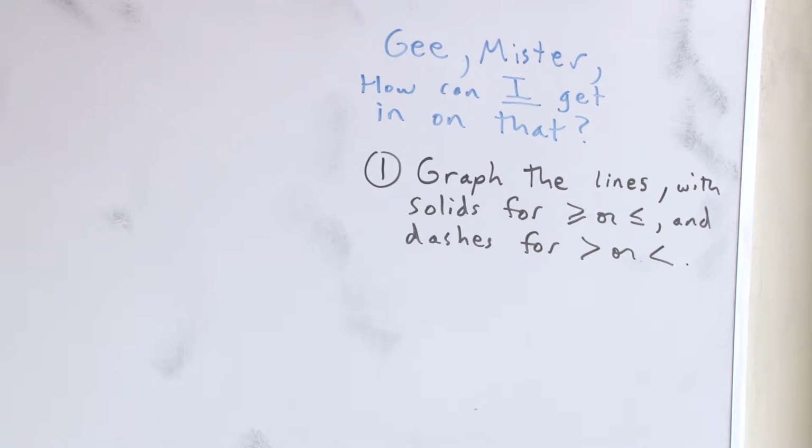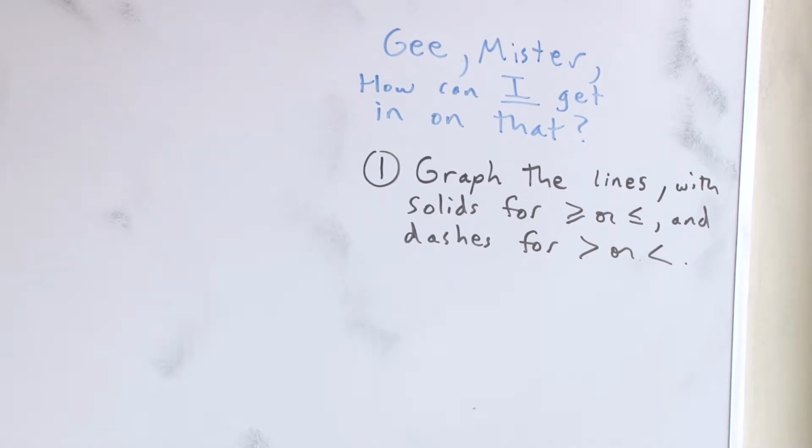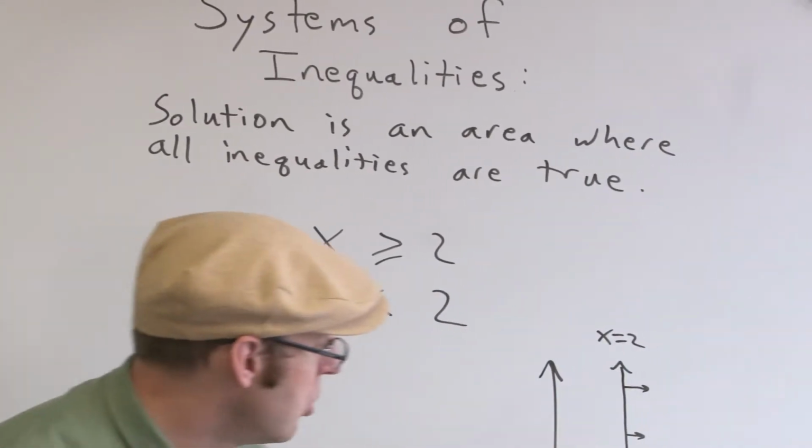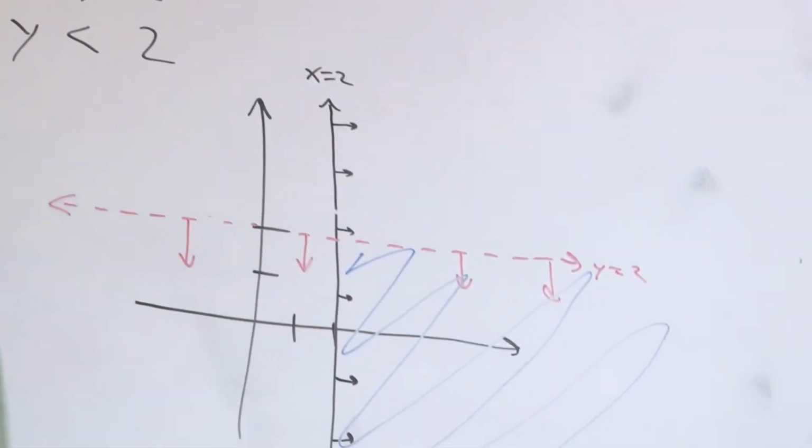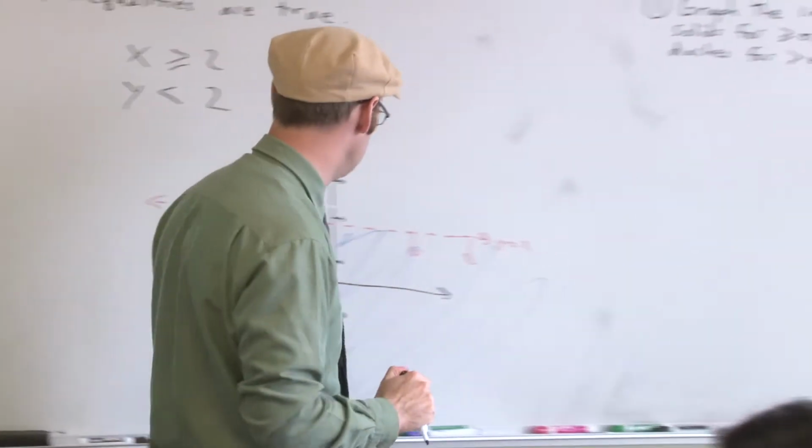We use solid lines whenever there's an equal sign, and I use dashy lines whenever there isn't. The dashed line says don't include the stuff on the line. Two,